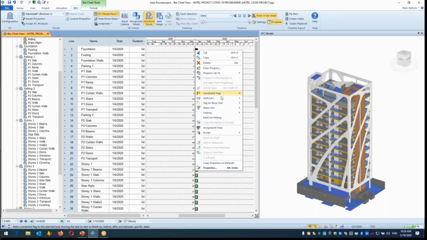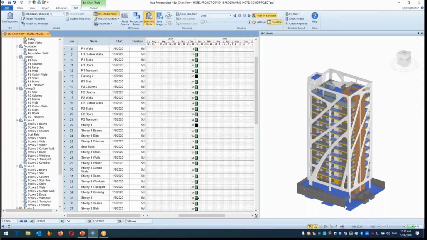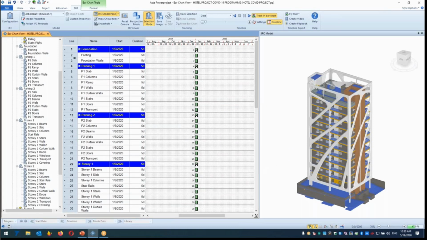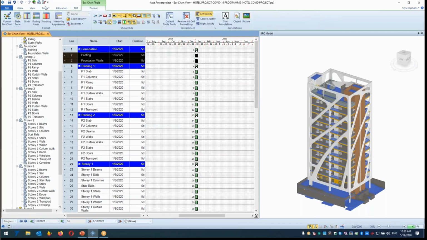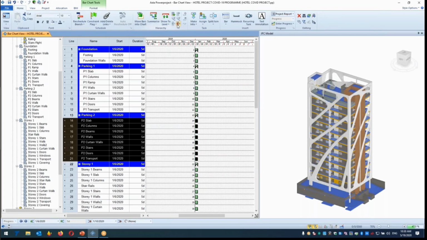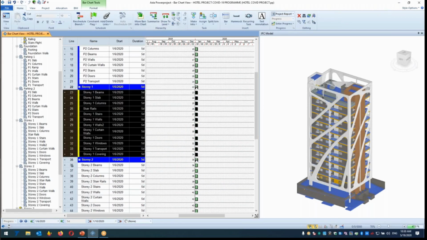Under these summary tasks, I can indent the tasks inside of the summary, those tasks here, and those tasks here. Okay,